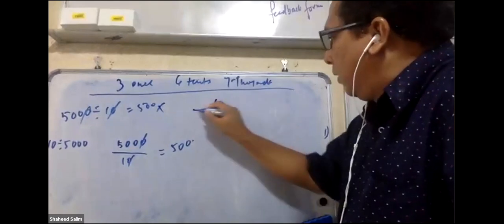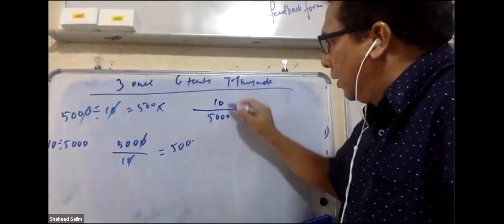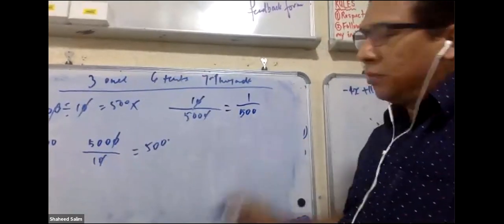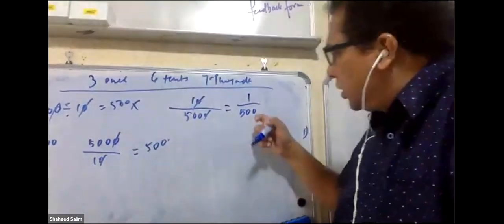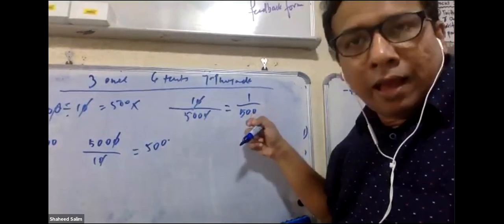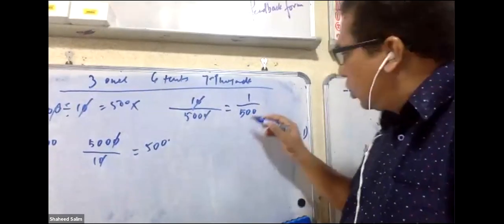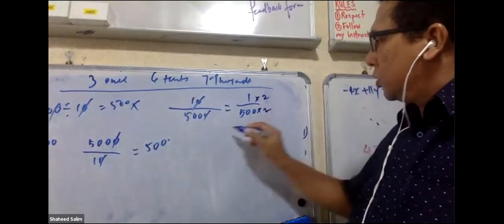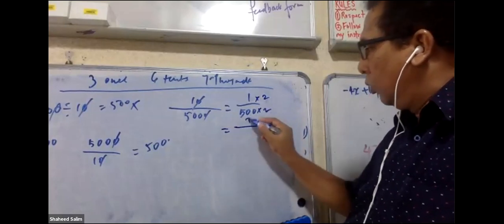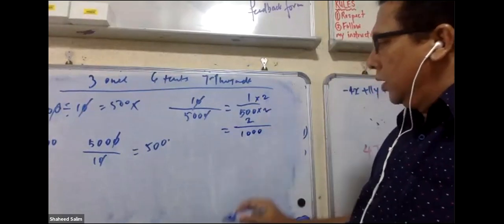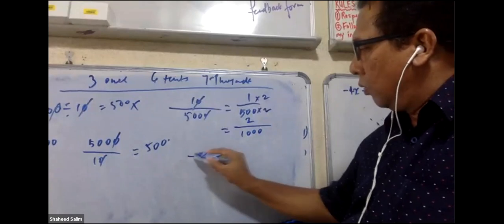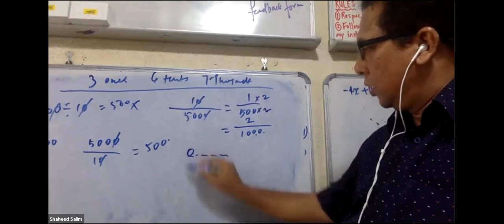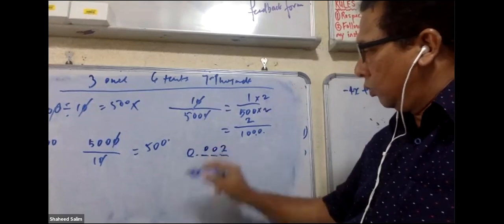So how to do 10 divided by 5,000? Do like that. Cancel 1, cancel 2. But now 1 over 500. Remember, you cannot change to decimal directly. So you can change this to make it 10, 100, 1,000, 10,000. So this one you times by 2, you get 1,000. 500 times 2 gets 1,000. Times the top also. So you get 2 over 1,000. 2 over 1,000 is what? 1,000 is 1, 2, 3 zeros.